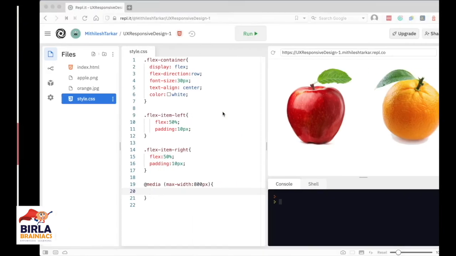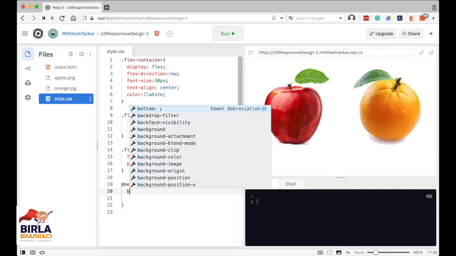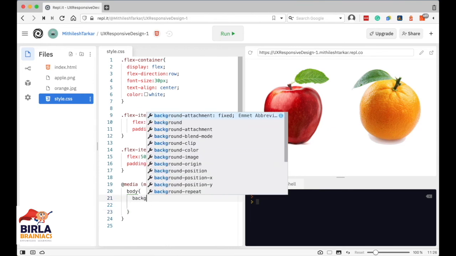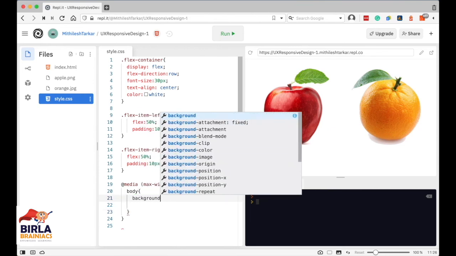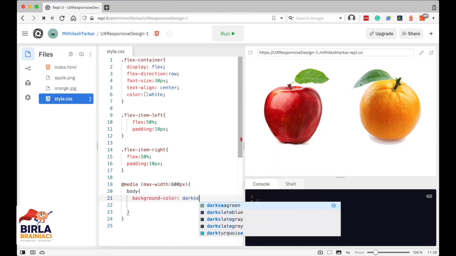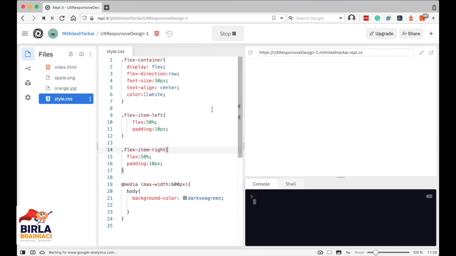Okay, it should be 600 pixels. Alright, and now let's select the body of our HTML and let's change its background color to dark sea green, and let's click the run button and see what happens.